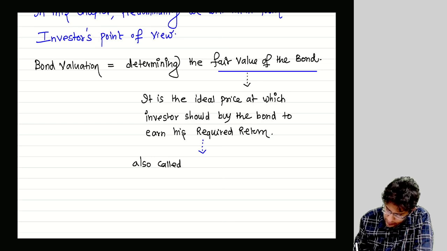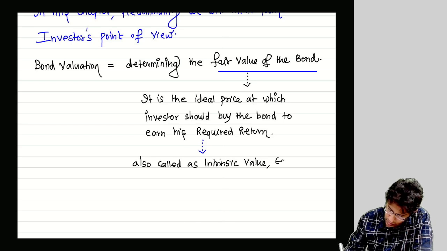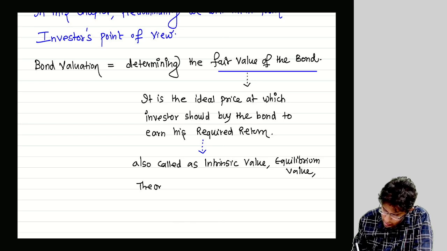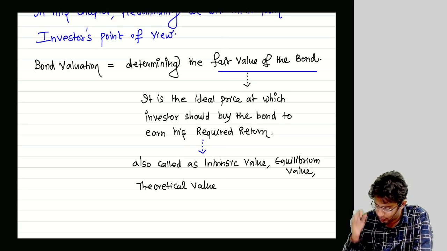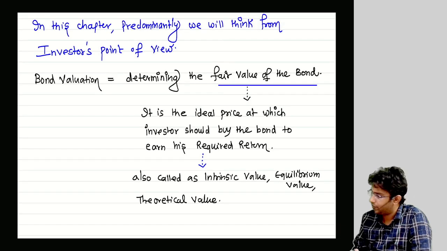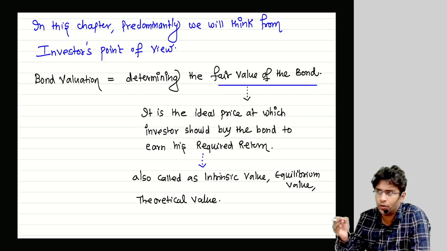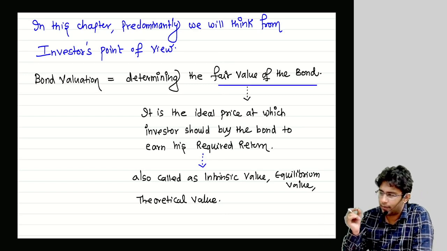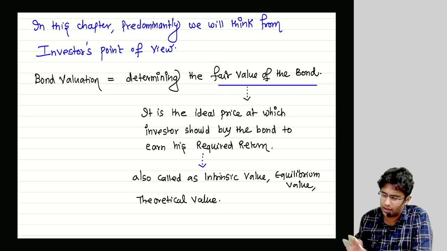Also called intrinsic value, equilibrium value, theoretical value, that's all. These are the names of bond value. So if the question asks you intrinsic value, theoretical value, fair value, everything is the same. All you have to do is apply one small formula and get the value of the bond. That's it. Now,